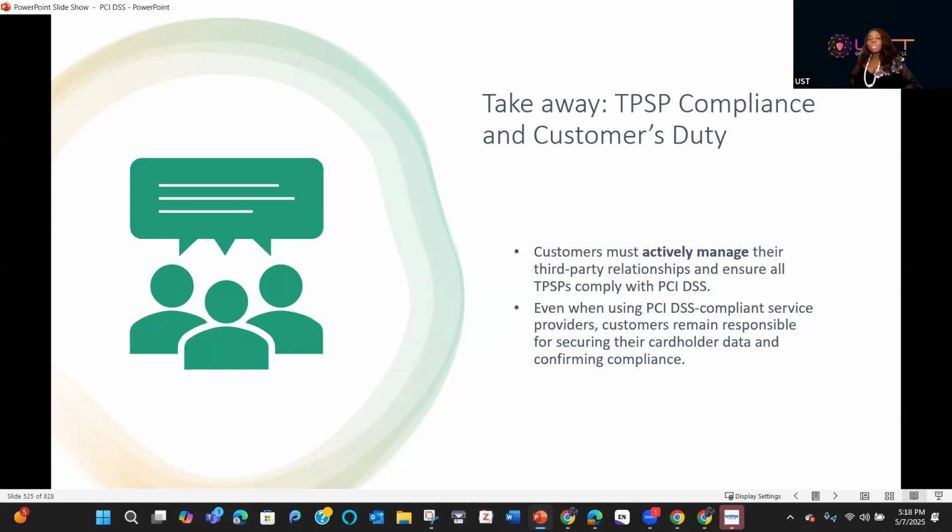So we've covered a lot about the shared responsibility, and it's a big thing. And you, as an assessor or GRC analyst helping your organizations, these are some of the things that you need to understand, like the shared responsibilities. What are you supposed to do, and what is your customer supposed to do, to ensure that not only are you staying in compliance with PCI DSS, but you are able to protect your customer trust, which is their data.